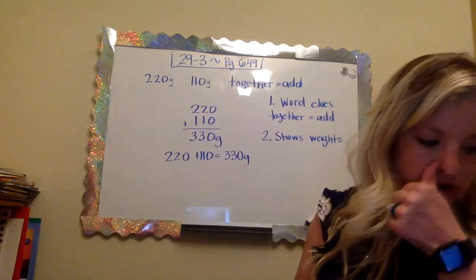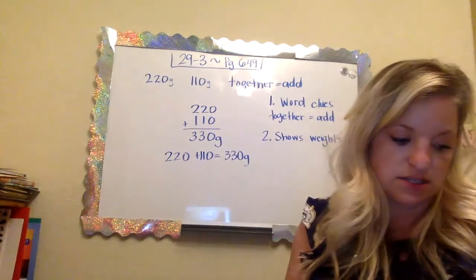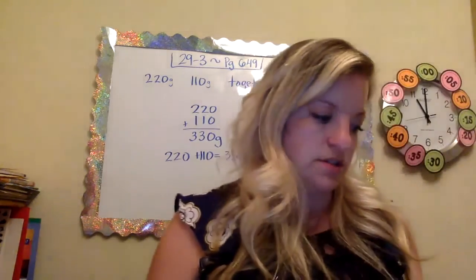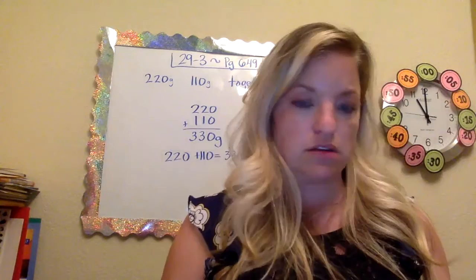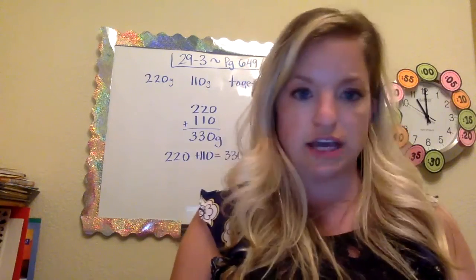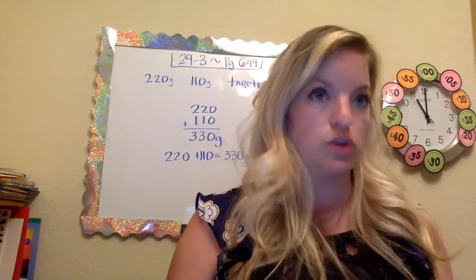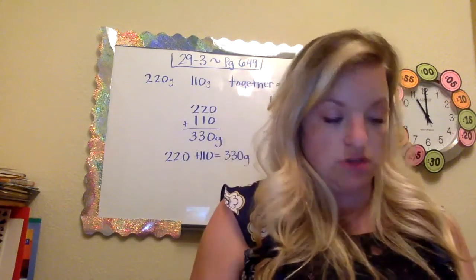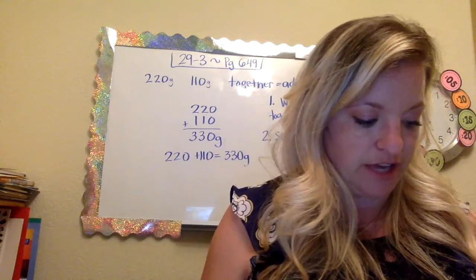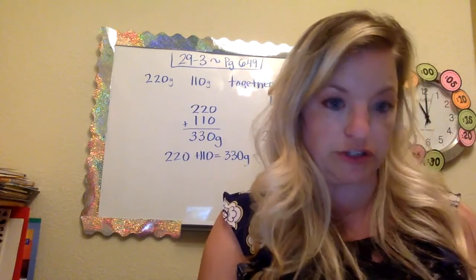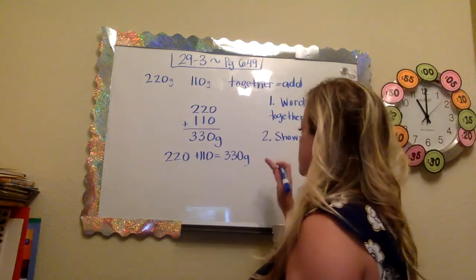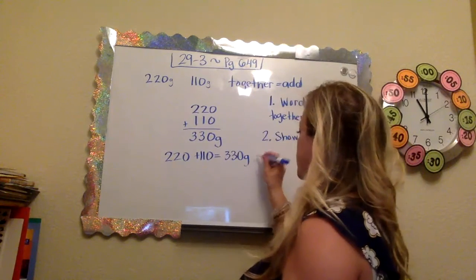Number 4, explain how you could estimate to know that your answer makes sense. You could estimate because, if you're rounding, 220 rounds down to 200, 110 rounds down to 100. I know 200 plus 100 is 300, so you're in that ballpark. Number 5, explain why the label grams should be a part of your answer to the problem. It should be part of the answer because there's a big difference between 330 grams versus